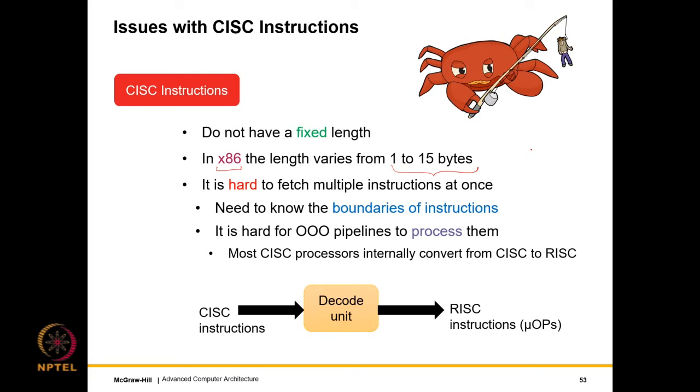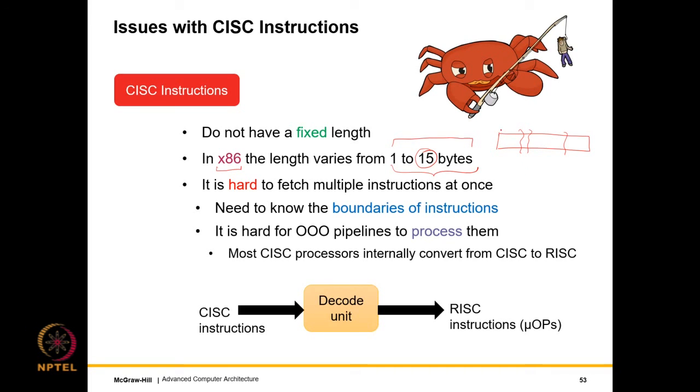Particularly in Intel x86, we can have very short instructions, like a no-op instruction, for example, and we can also have very long instructions that have complex addressing modes and actually achieve a lot, and these will be extremely long. So the instruction size can be long and variable. It's clearly not fixed. Hence, given a set of bytes, finding the boundaries of instructions, which are of different sizes, is actually quite tough.